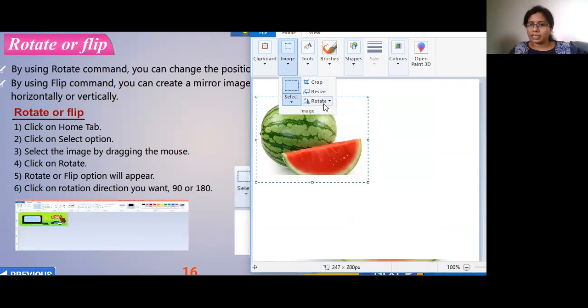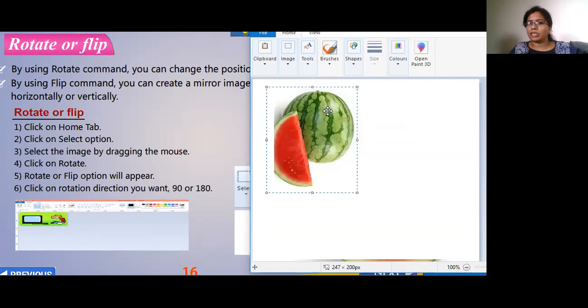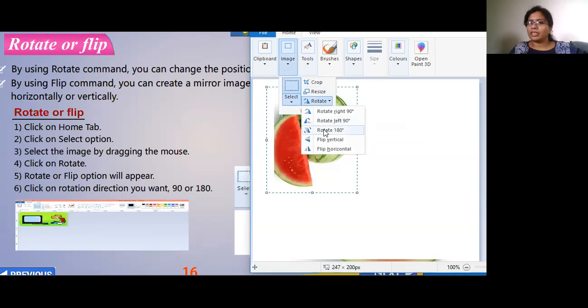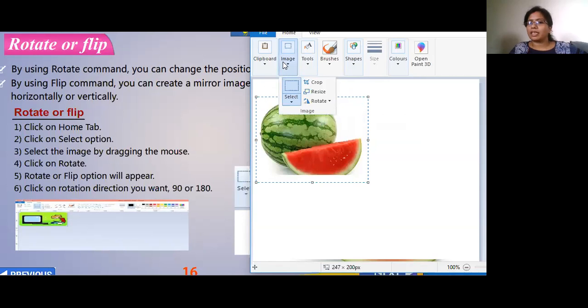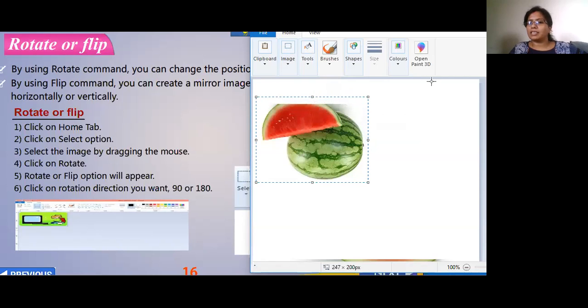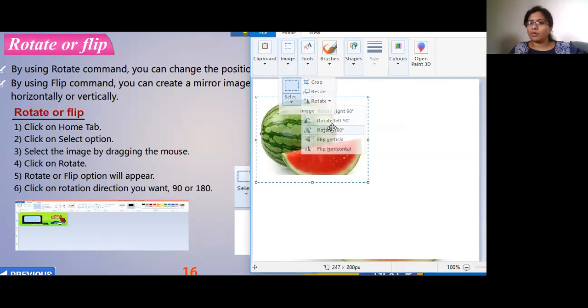Okay, let me rotate it. How much should I rotate? Whatever. I want it rotated 90 degrees. Oh, it got rotated. See? I will rotate it once more. It came to this one. Rotate more. Rotate 180 degrees. See, it became upside down, right? It became upside down because I've rotated 180 degrees. Now to flip the side, I'll just rotate it 180 degrees more. I'll bring it back. So this side is this one.